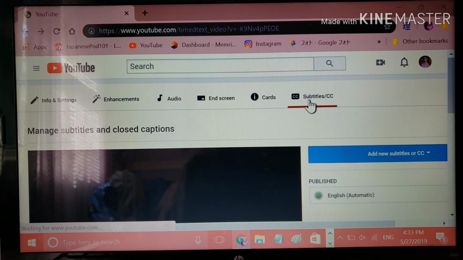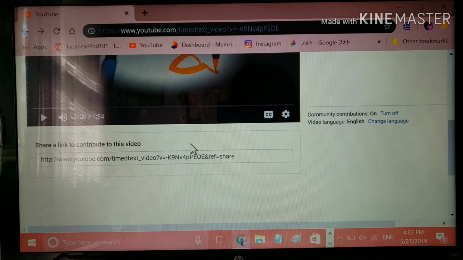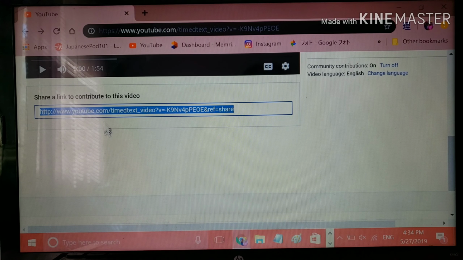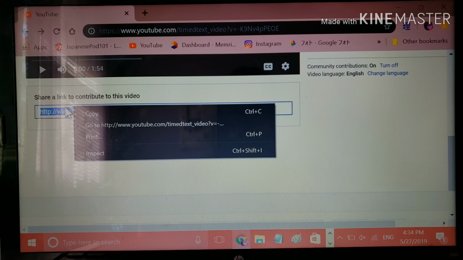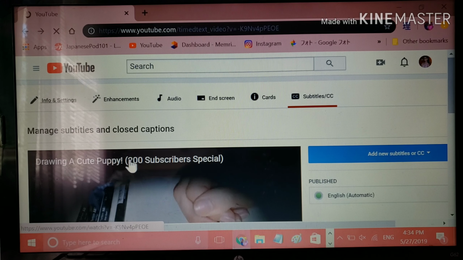Here you can also add subtitles to your videos, and you can have community contributions on, and I like to have them on. And what you have to do is copy this link, and then people can add their own subtitles to your video. So what you want to do is copy it, and then you go into your description box,